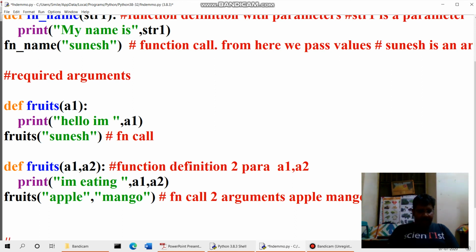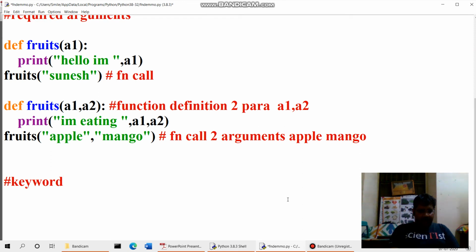The second one, what is the second one? Keyword arguments. So keyword arguments, இப்போ இந்த program-ல keyword வந்து writing a program. For example, def another name, for name of something.